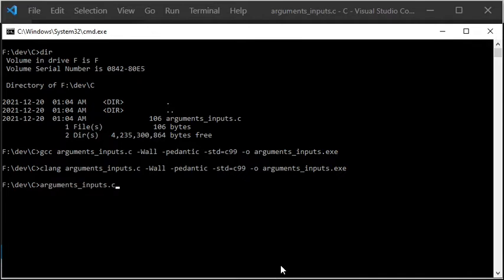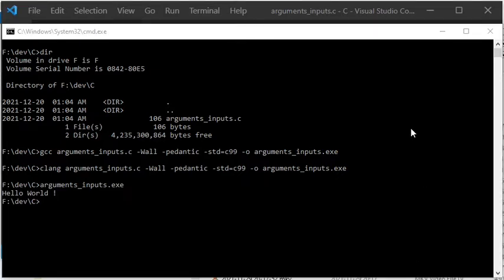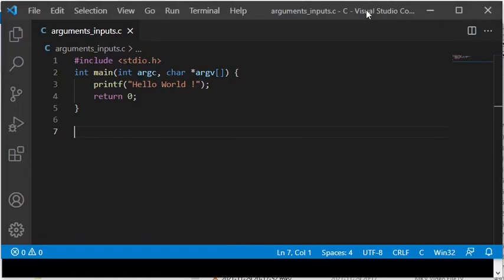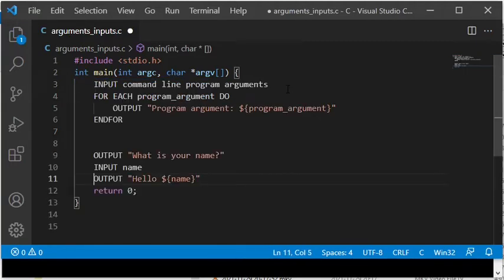Now when I execute the .exe file produced by the CLang compiler, you can see that it displays Hello World. Now I will replace this Hello World implementation with a program that will receive and print out arguments provided from the command line, and the program will also ask the user for keyboard input and will then print out to the screen what the user typed. For this purpose I have prepared some pseudocode which I will paste into the program, but within comments, since it of course would not be possible to compile.